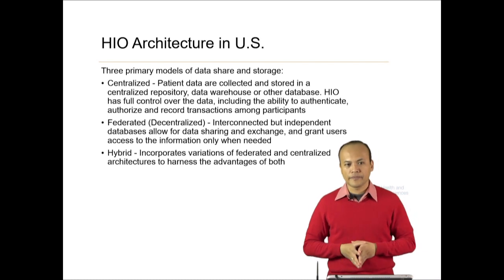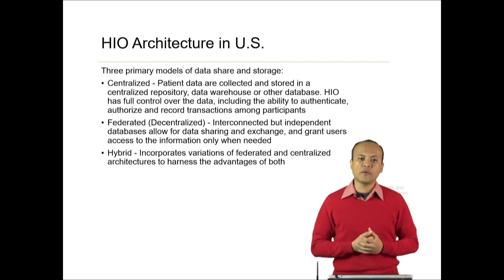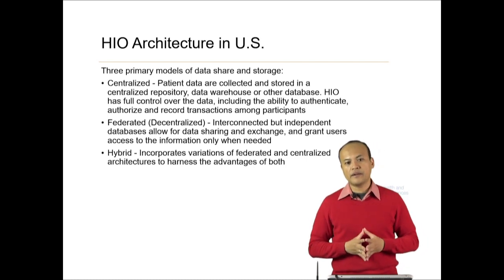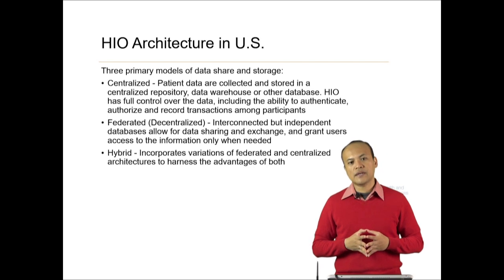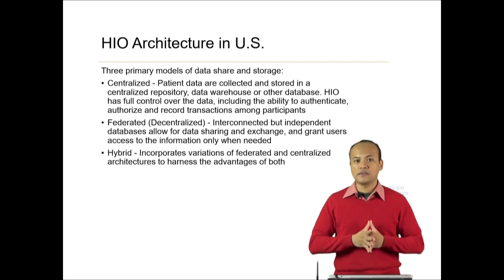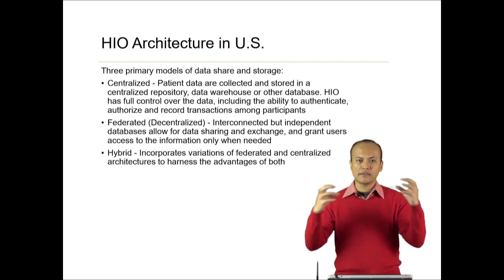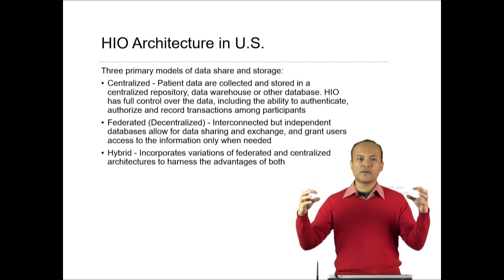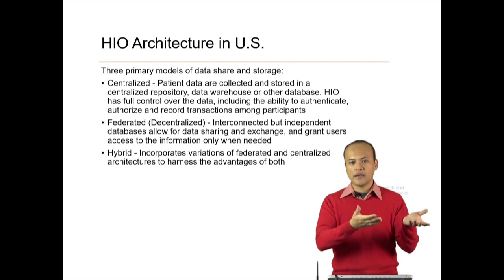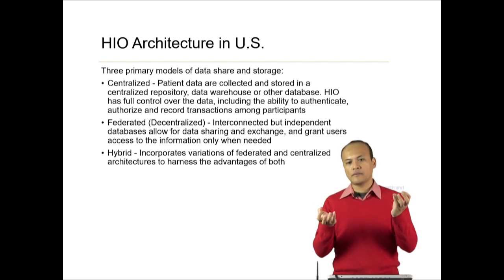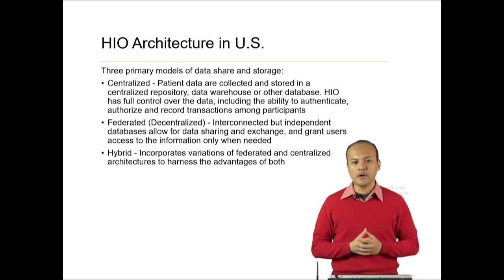can access what. The federated, the second type of HIO architecture, is interconnected but independent databases that allow for data sharing and exchange and grant user access to information only when needed. So it is not centralized. If I want to ask for information from another, then I have to go to a network. I have to ask properly for access, and the network will grant the user access to whoever is asking